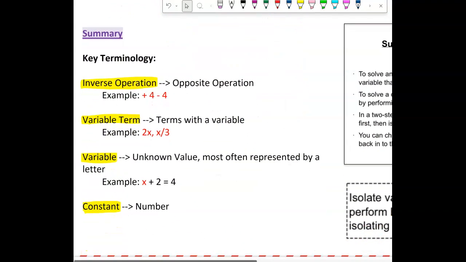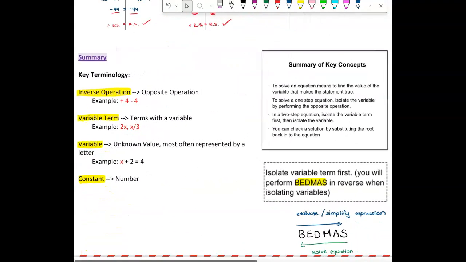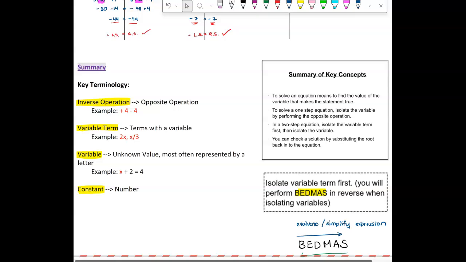Here's some terminology to help you in case you want to make sure that you hear different versions of the words. Inverse operation is the same thing as saying opposite operation. So instead of +4, it's a -4, or +4 is subtract 4. When you hear the words variable term, it means a term that has a variable in it. So for example, 2x or x over 3 or 1/2 x or -x or -2x,